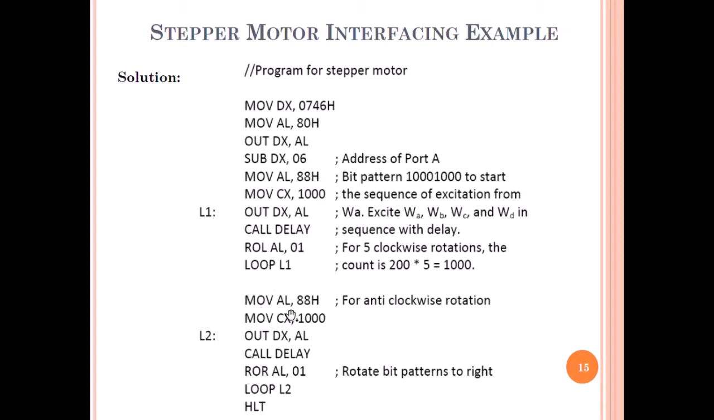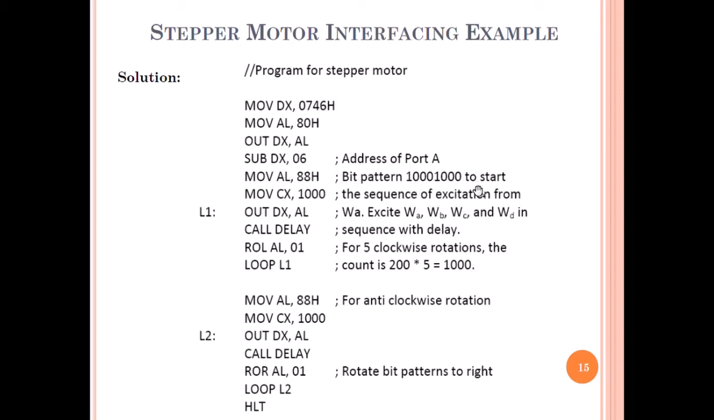So let us see MOV AL, 88H, the same bit pattern in which WD is excited first. Then we have to do this 1000 times. Then OUT DX, AL. To the same port address A, we are giving this bit pattern to make WD excited, so that the winding gets electromagnetized and the rotor aligns in that pattern. Then the pulse stays for some time, therefore we have called the delay function here. Then we rotate the AL value right,